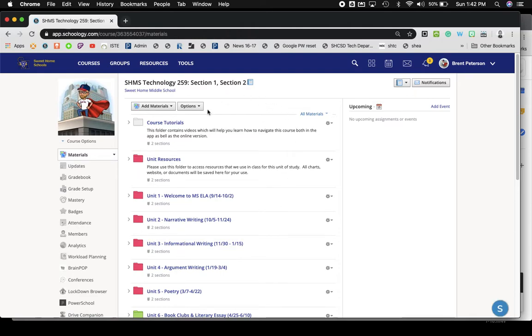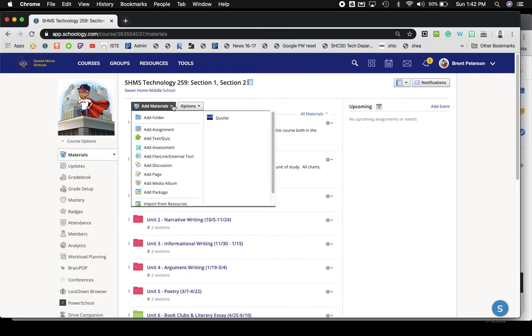In the middle here, you're going to see all the current materials that you have available to your students, which if you're just getting started, you'll see that you don't have any, or you could have quite a few if you've been using Schoology for quite a while. So your material pull-down menu, the options you have for your students are folders, assignments, test quiz, assessment, files, and links